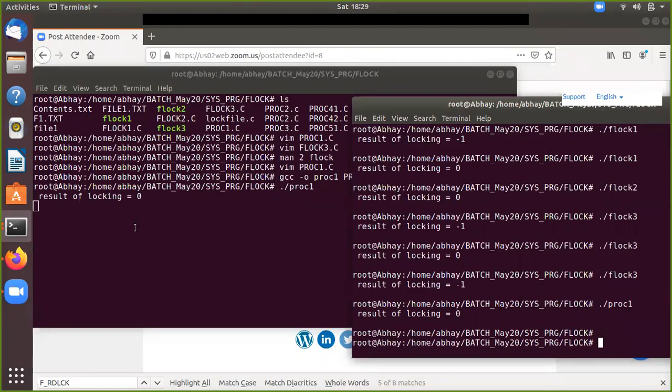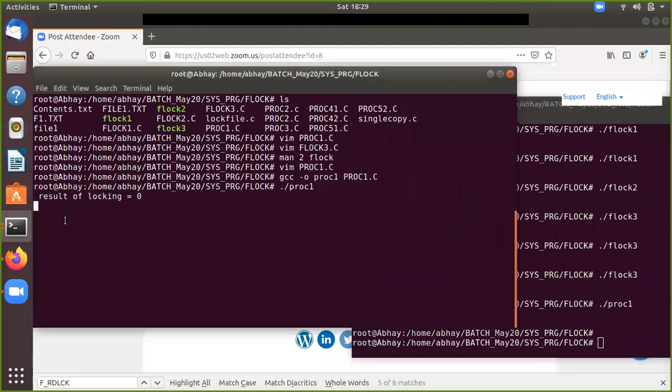If this is the screen where we have the result of locking, and it is trying to access more than, I mean extra, ahead of 6 bytes, then it would not have been locked. Yes, good question. What you have to do in that case is, when you have opened a file, you have to move your file pointer. I have locked how many bytes? 6 bytes.